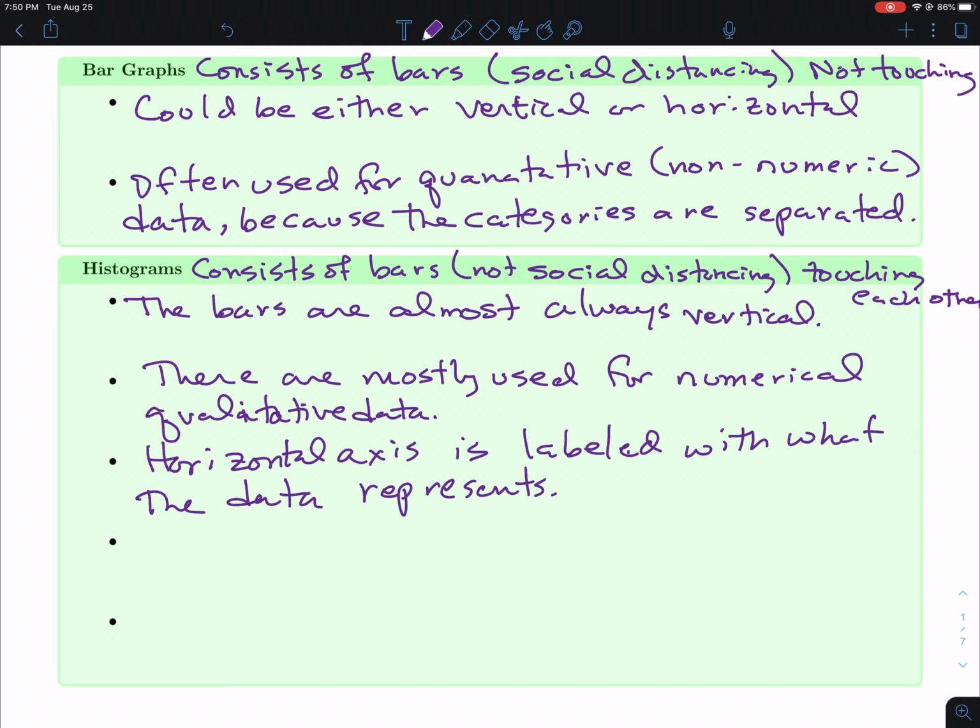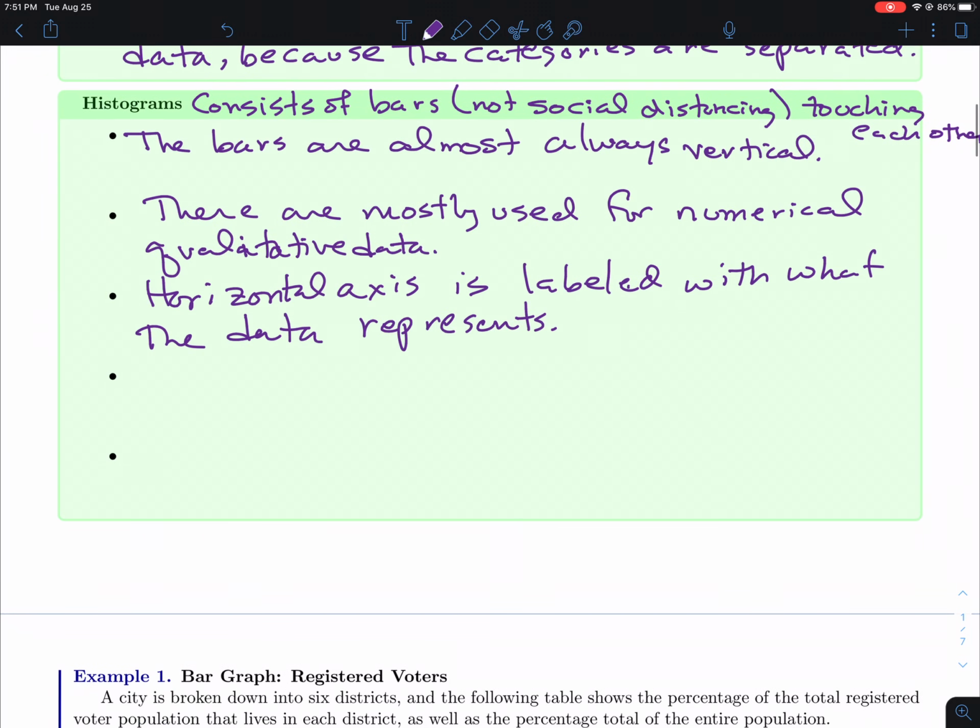So if you were talking about hours worked or miles driven or something like that, then that's how the x-axis, or the horizontal axis, would be labeled. The vertical axis, on the other hand, is always going to be named either frequency or relative frequency. Because again, what we're doing when we make a histogram is taking our frequency distribution chart and kind of graphing it. So in this case, the vertical axis